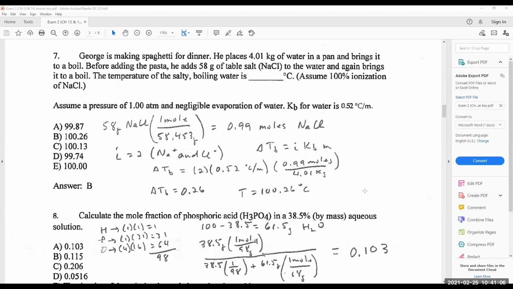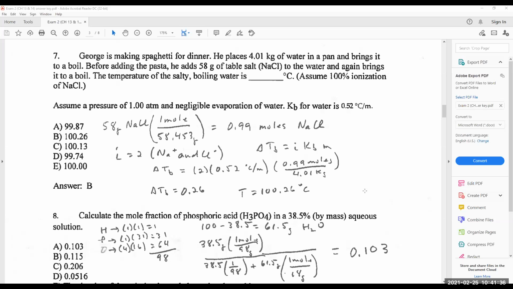So boiling point elevation was one of the colligative properties. Right off the bat, if you look at the choices for answers, you should have known that it was either 100.26 or 100.13, because with boiling point elevation, water boils at 100, so it's not going to be 100, and it's not going to be below 100. It's going to be one of the two above. So then it's just a matter of figuring out, is it 100.26 or